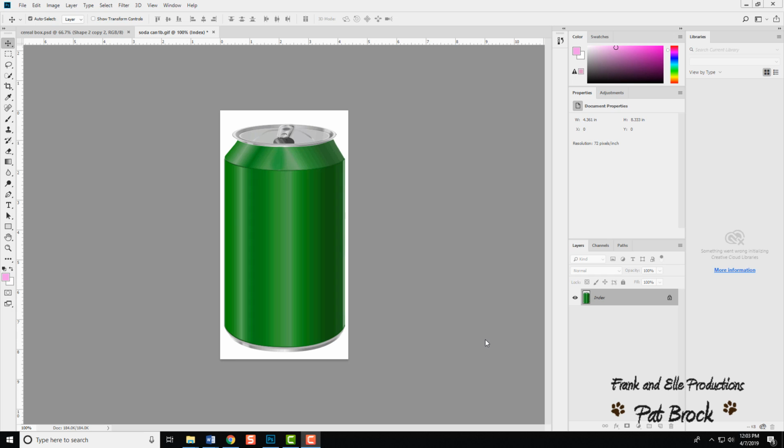Today I'm going to show you how to change the color of your soda can. Depending on what product you have will depend on what color you will choose for the can. So step number one is I want to make sure that I have my color panel, that I can easily